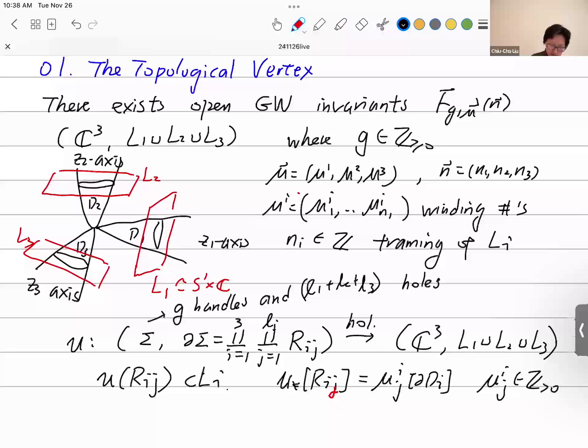So we need to specify, to do intersection theory on some manifold, actually a manifold with boundary, some boundary condition, and the boundary condition is specified by 3 integers. And actually this invariance will depend on the choice of the 3 integers. So Ni is called the framing of